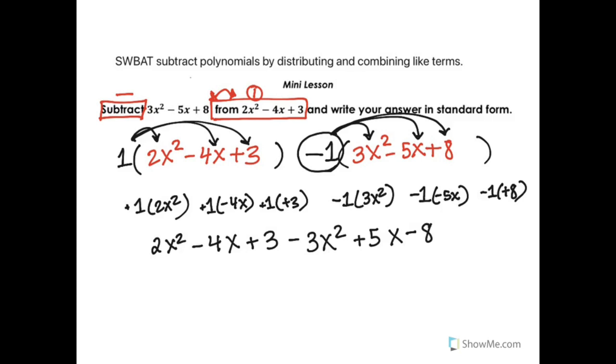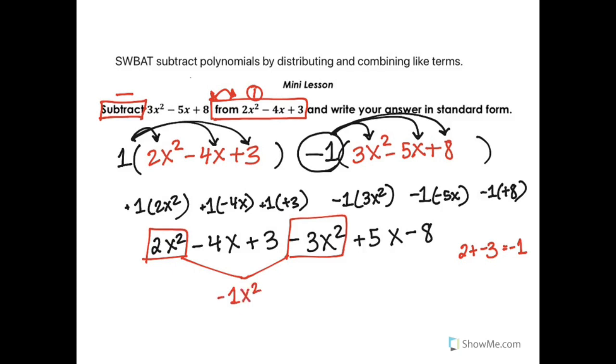Now that I've freed all of these terms from the parentheses and I've multiplied them out, I can go ahead and start combining my like terms. So I have 2x squared which I'm combining with negative 3x squared. So on the side, I'm going to do 2 plus negative 3. Again, I'm not squaring these two numbers, I'm just adding them. And that's going to give me a negative 1. So I have negative 1